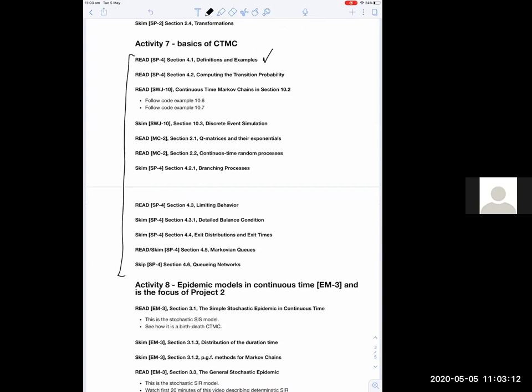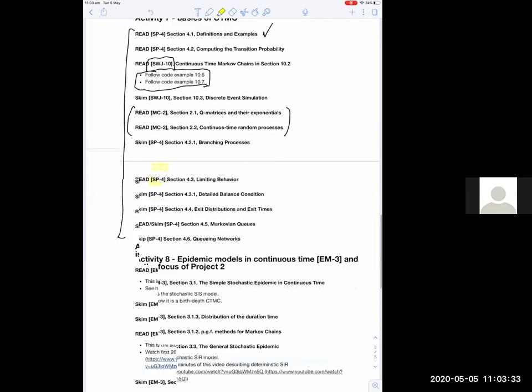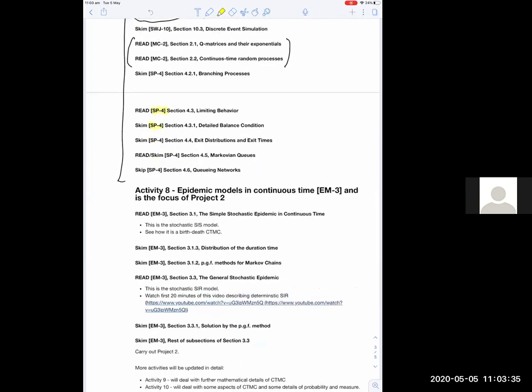There's some skim, some read, some code examples from the Statistics with Julia book, a bit of a digression to the Norris book on Markov chains, but most of it is basically the SP4 chapter. That's where you learn about continuous time Markov chains. And the next activity is all about chapter EM3, which is the focus of the second